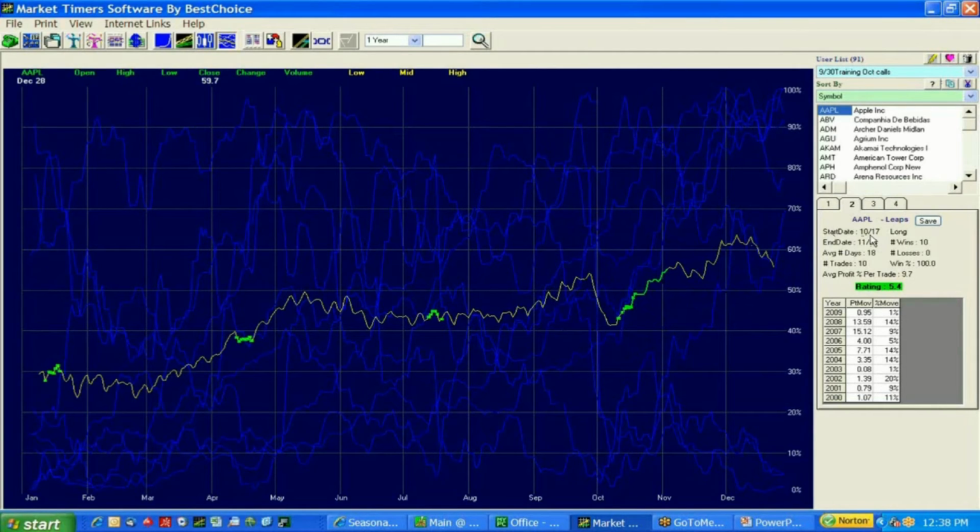Typically, I start watching my list of stocks about a week, week and a half ahead of this date, because some years they'll start early, some years they may start late. So when I see an anomaly like this, where I've got good consistency, but I've got maybe one of the recent years where it doesn't look like it was much of a profit,